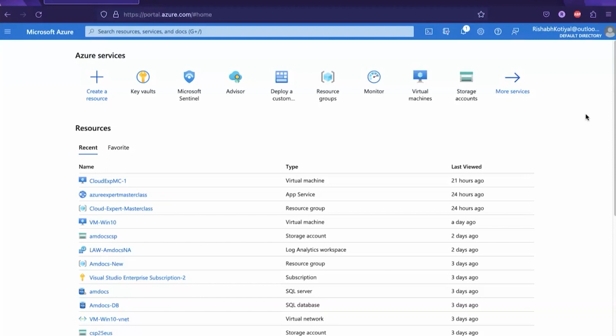Due to this, you need to create users in your Active Directory or in the IAM service. Here the IAM service is handled with the name Azure Active Directory, where you will be creating and handling the users, giving them the roles and permissions. These kinds of things will be done over here.